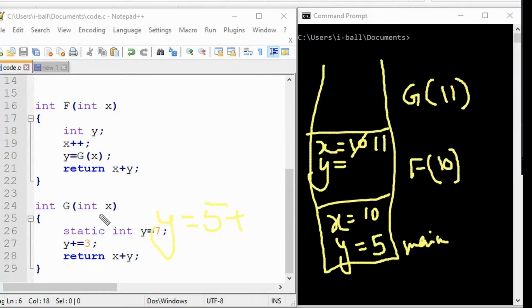What is the definition of this g? The x value will be taken with call by value, that is 11, and a static, this is really very important, this is a local variable but a static local variable. So we have taken the static variable, so static memory. As we have mentioned, this is static, so its memory will not be allocated in this area, but it will be allocated